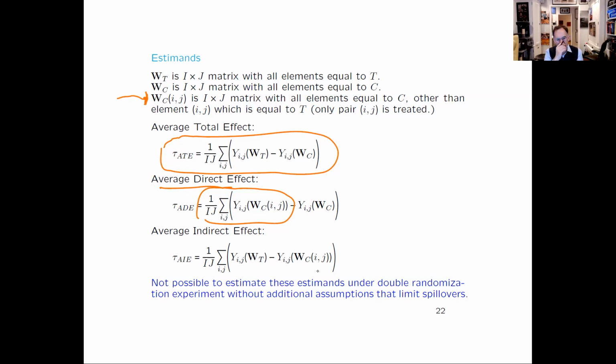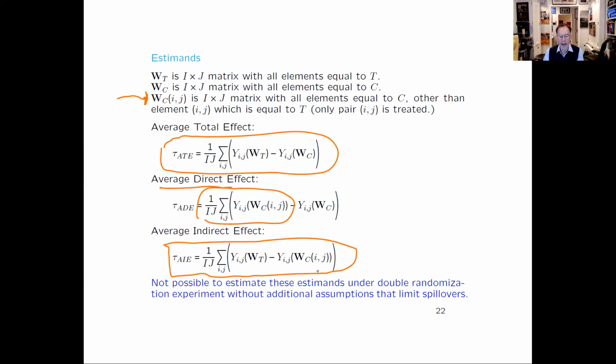And so there's no indirect effect because none of the other pairs are being treated. And then we can look at the average indirect effect, where we look at the outcomes if everybody is treated relative to just pair ij being treated. So now we look at the effect of also treating everybody else to see how that additionally impacts the outcome